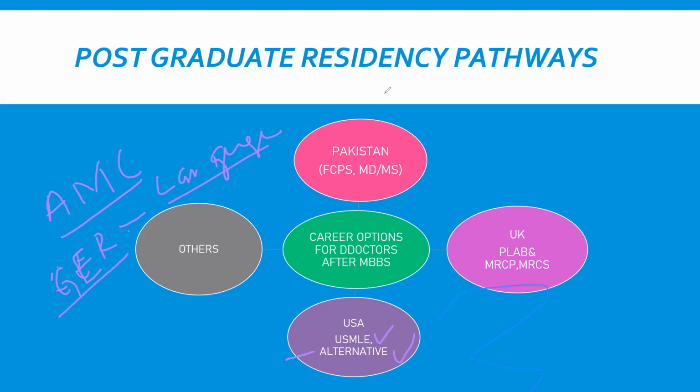So first of all, there are certain categories of the language. In German, there is A1, then you have A2, then you have B1, and then you have B2. So at least you have to be in a state that you can have a B2 certificate, so that you will be eligible to work as a doctor in Germany. So this is slightly difficult, but you can learn. You can learn the German language.